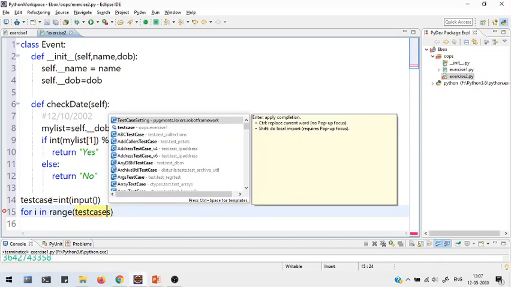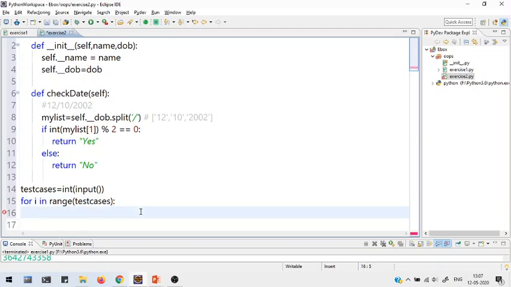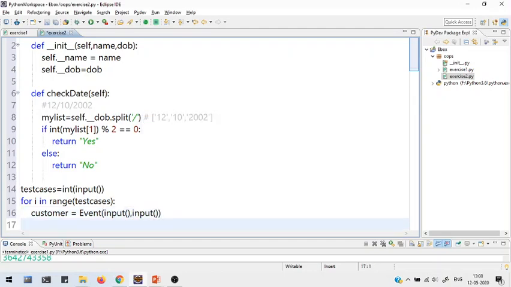For each test case there will be two lines. One will be the event name, and the other will be the date of birth of the customer. So customer is equal to, our class name is event, so I'm going to create an instance of the event class, and the first value will be the name and the second value will be the date of birth. Both are strings, so I can just use input.